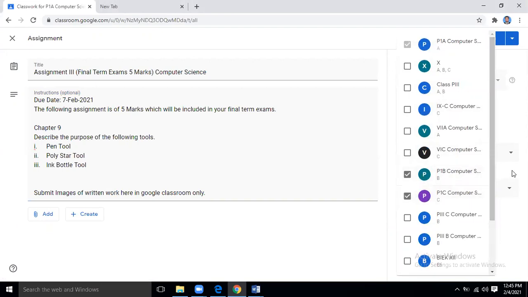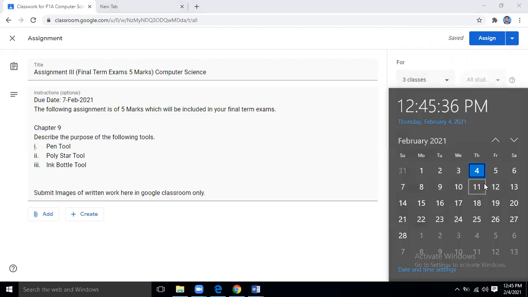I will also check today the status of the previous assignments, those who have not submitted. Especially assignment 1, its date is over. For assignment 2, I think the date is still there, because for assignment 2 I had given 5, so 1 day is left, for those who have not done it.